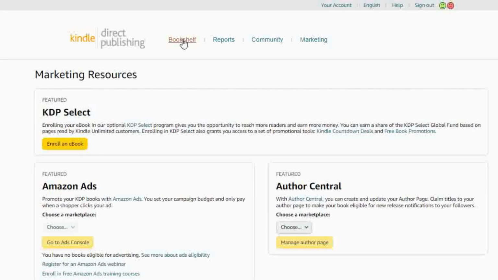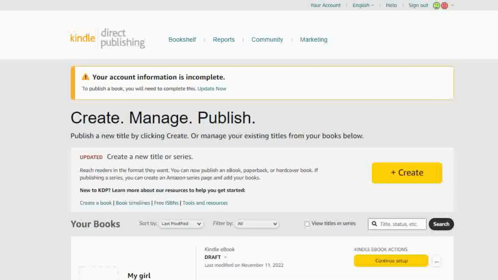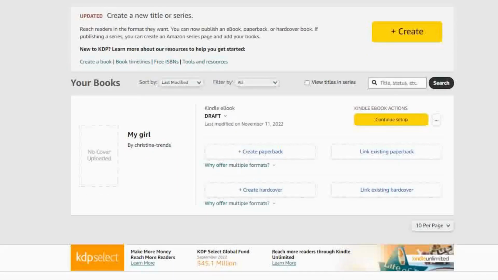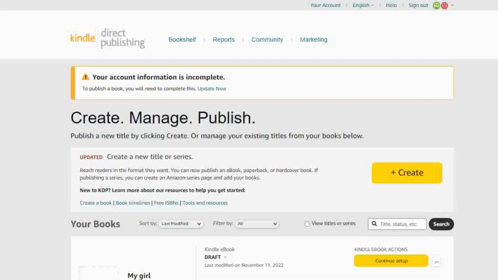This next section is very important. You might run into issues and you would have to contact Amazon. You might want to send an email to Amazon. Maybe you made a mistake in the book title or you uploaded a wrong file. It is essential to contact Amazon immediately, before Amazon reaches out to you or deduces the issue. If you make a mistake, be the first to reach out to Amazon. Do not wait for them to reach out to you first because that might lead to termination of your account.